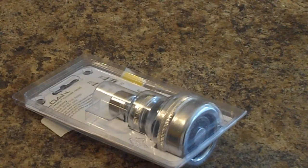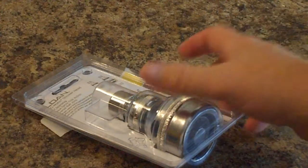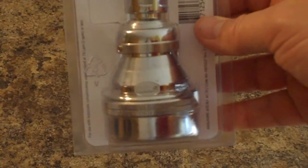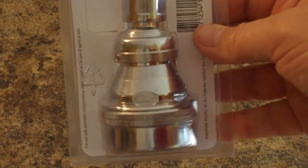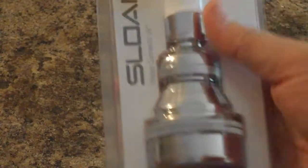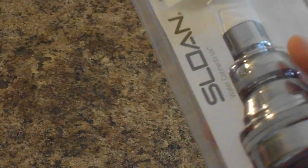Alright, what I have here is a Sloan Valve low flow shower head. What makes this low flow? It's 2.5 gallons per minute. Basically, in the 90s, a regulation was passed that limited shower heads sold in the United States to 2.5 gallons per minute. That's low flow. Now, the nice thing about a lot of shower heads is there is a flow restrictor